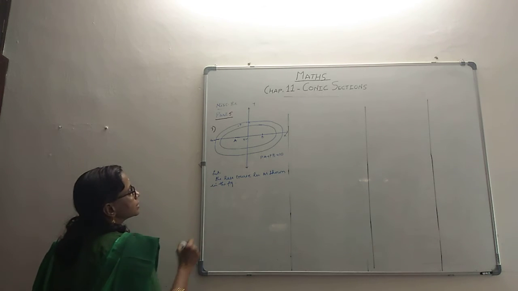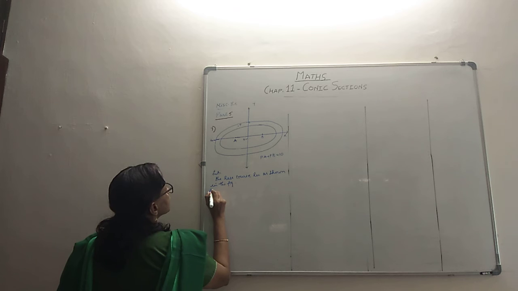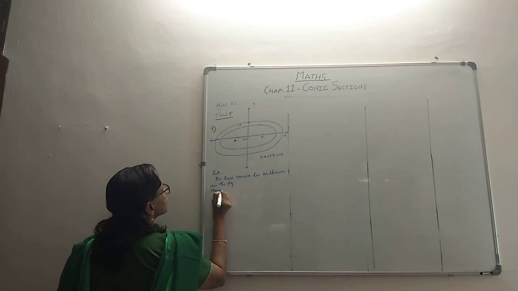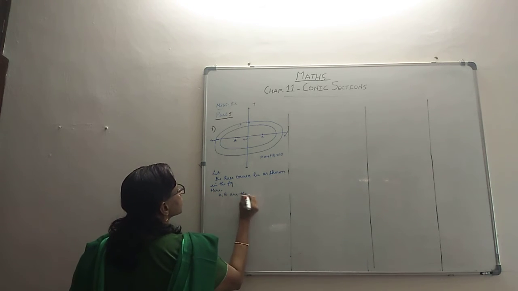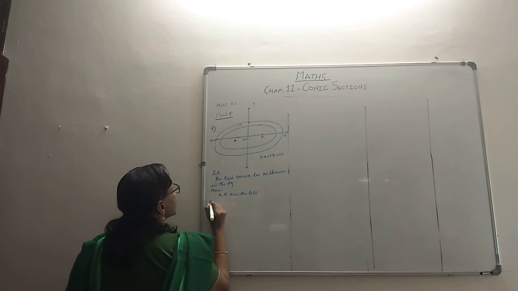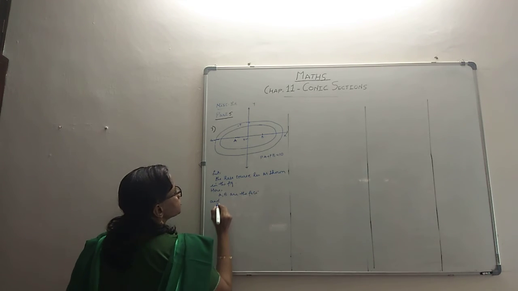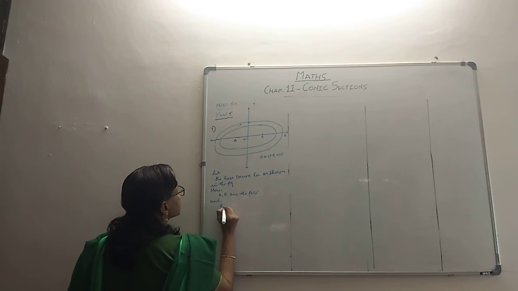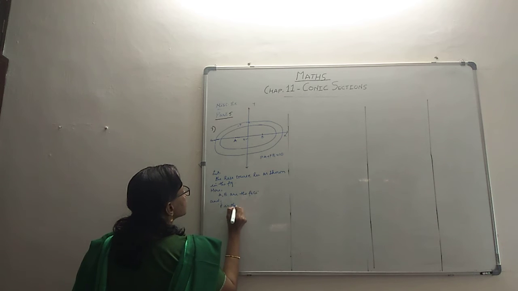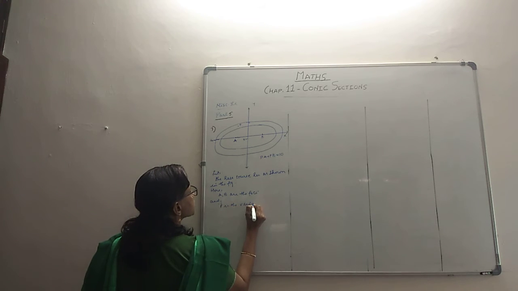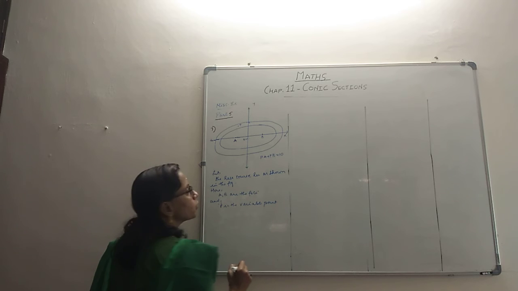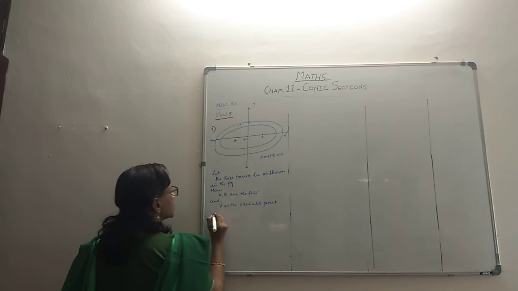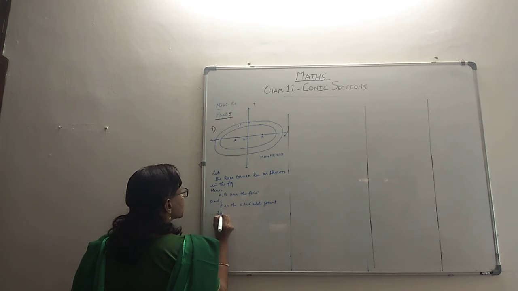Then next, here A and B are the foci, and P is the variable point. Right, it's of type 1, that we have decided. Therefore, its equation